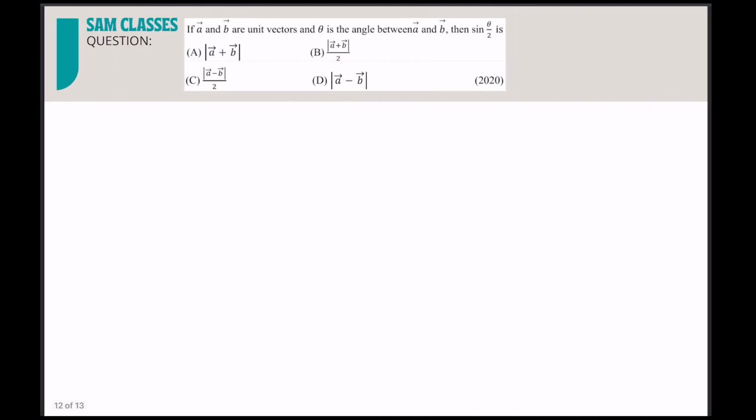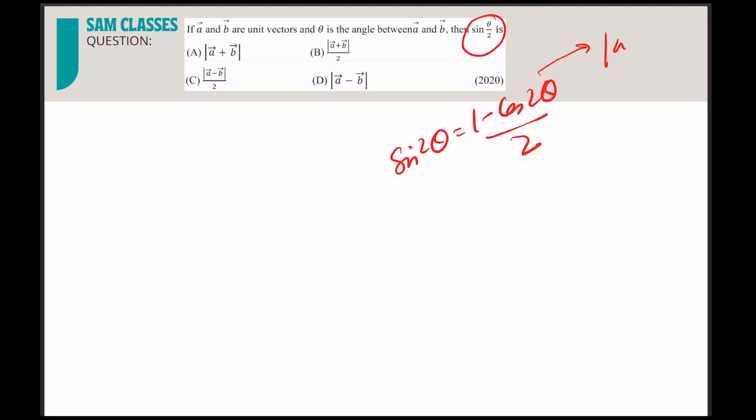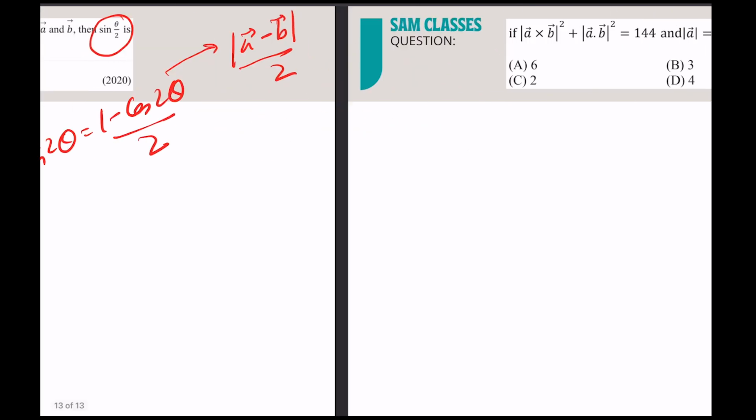Let's see the next question. Now here you just need to remember one thing. How do we bring sine in terms of cos? Sine square theta is equal to 1 minus cos 2 theta by 2. So if you remember this, it will bring it to basically mod of a vector minus b vector by 2. Directly you can put the answer. The working in detail, we have shown in the video, so you can go and watch there and you will be able to understand it much deeper. Here we have just given what you can analyze so that you can put up the answer in a faster manner.